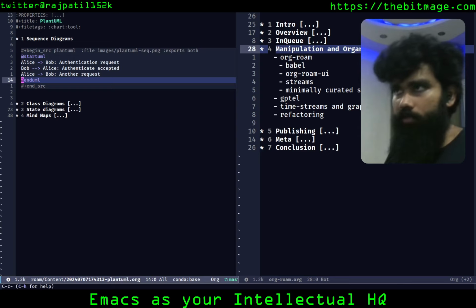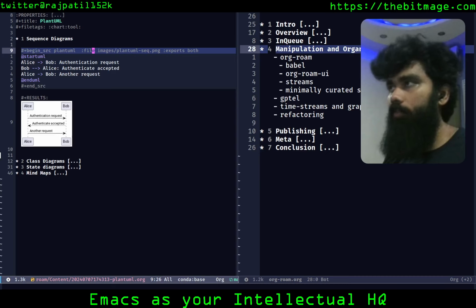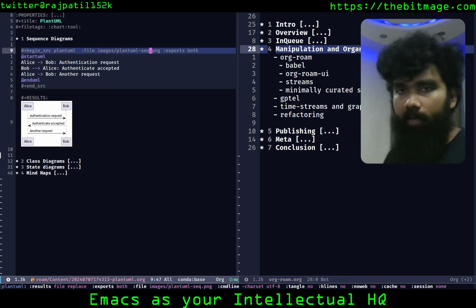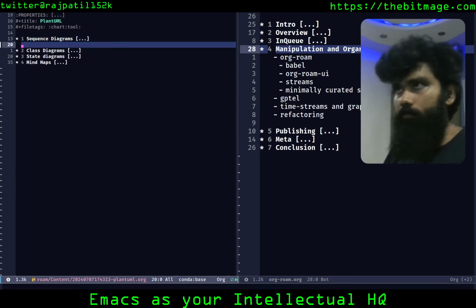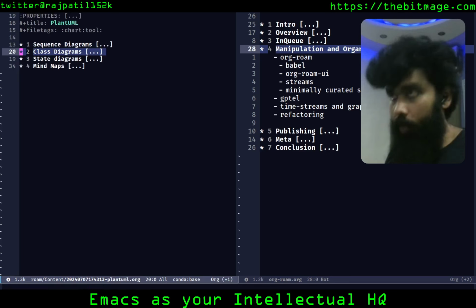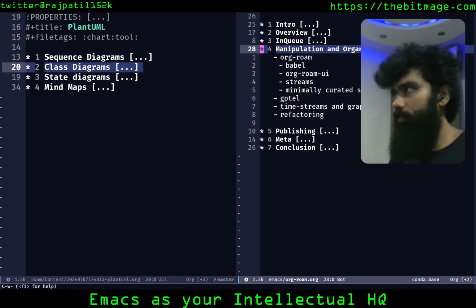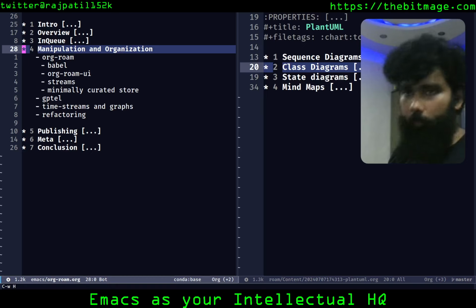So if I hit Control C C, it's just going to create the image for me, and I have that stored in a local image file, and I export both. When I actually publish this via org export, we'll get into that when we talk about the publishing aspect, it is going to be pushed to my blog, and you actually get to see what is in there. So yeah, Babel is a pretty handy thing, and I've just scratched the surface of what you can do with it. Anything that is accessible to you via the CLI, anything that is accessible as an execution engine, like an executable that can take text in and generate any sort of output, you could just work with that in your org files.